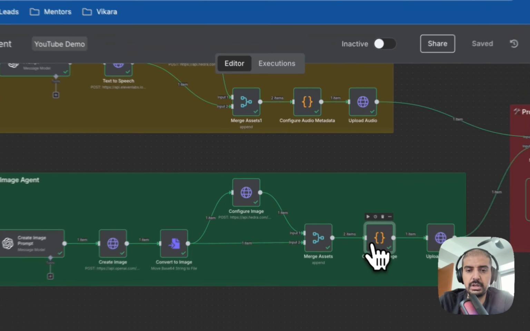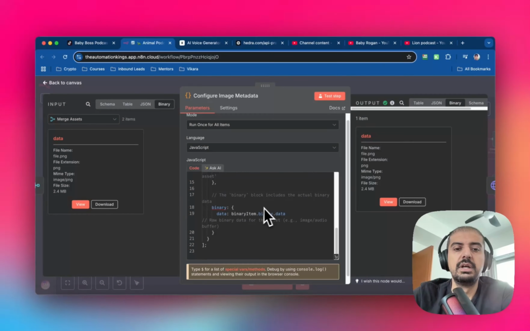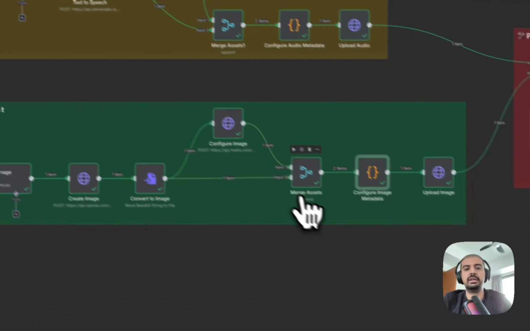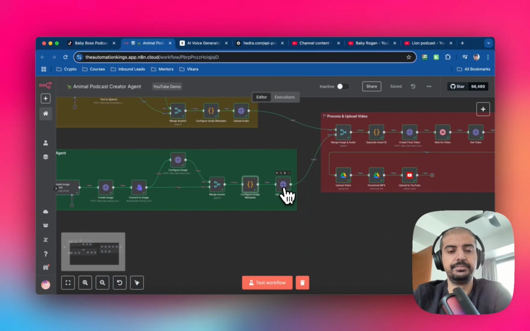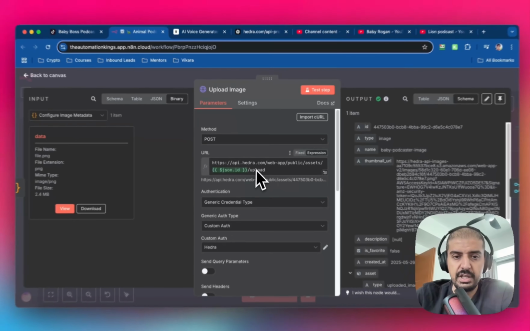And again, we're going to have to configure the image metadata. It's the same code. And you know it's worked because it outputs this. Then finally, we can upload the image. This is going to be another HTTP request. It's a POST method. It's going to be the same